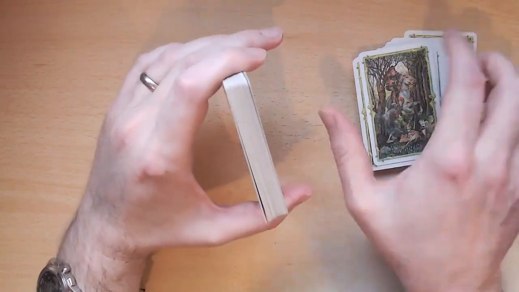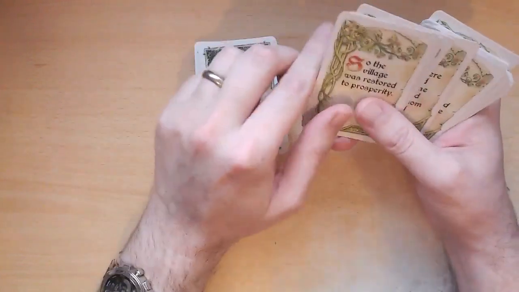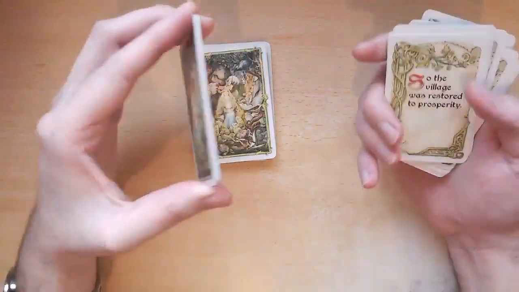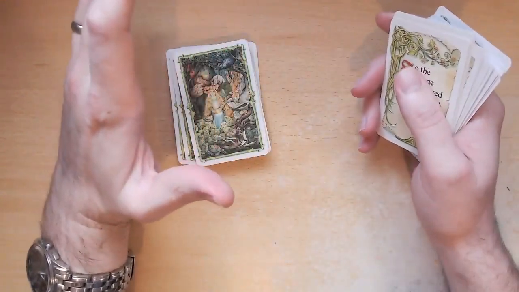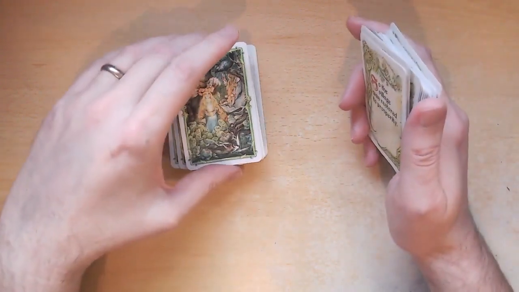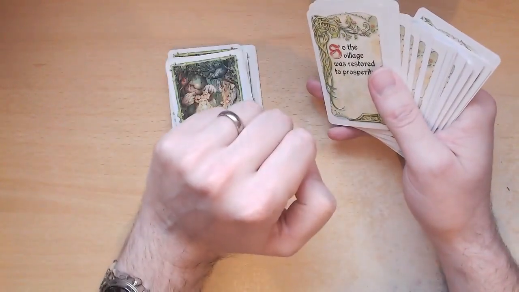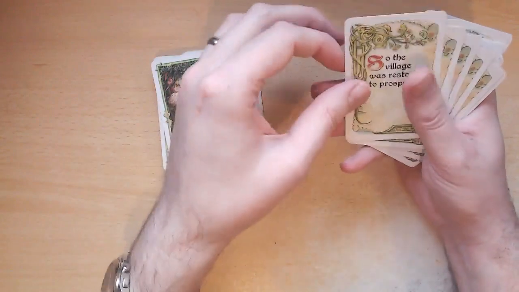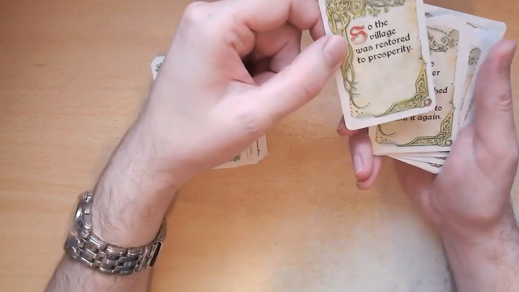Basically, the idea being that each player is given an ending, and a deck of these cards. You've got characteristics, you've got places, events, and stuff like that. And the idea is that you've got to tell a fairy tale kind of story, as you can tell from the art style, using the cards that will culminate in your ending. So if I were to have this card in my hand, I would need to tell a story that could end so the village was restored to prosperity,